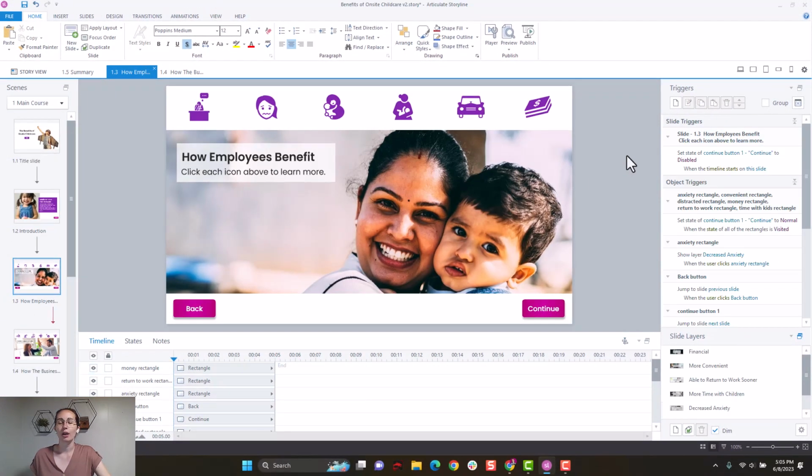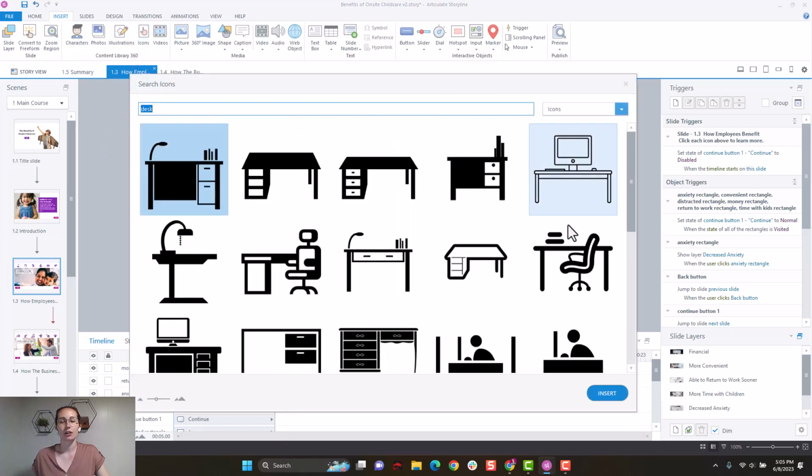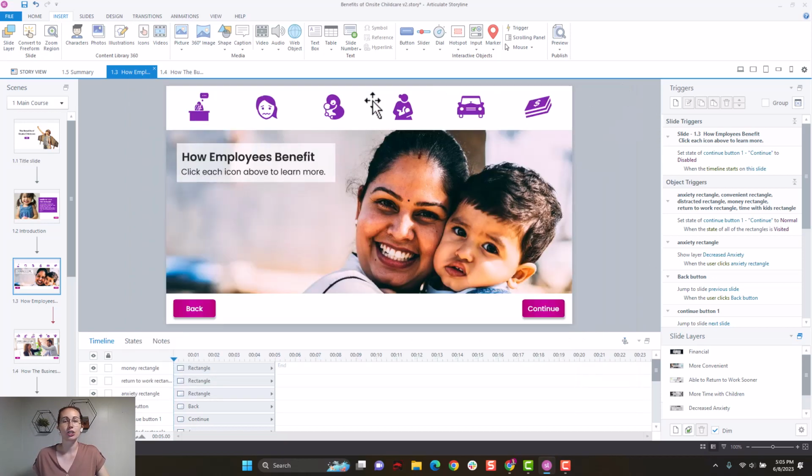Now here is where things got tricky. I wanted to use icons to trigger a slide layer. So I chose these icons in the icon library. You can see there's huge amounts of icons to choose from. I just chose the ones that I liked, inserted them into the slide, and then changed the color to match my brand, purple,